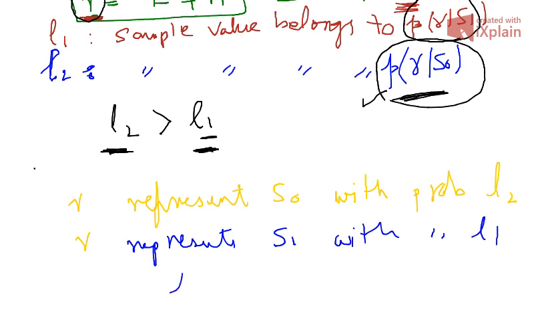Clearly L2 is greater than L1, so it's more likely that the received sample value is